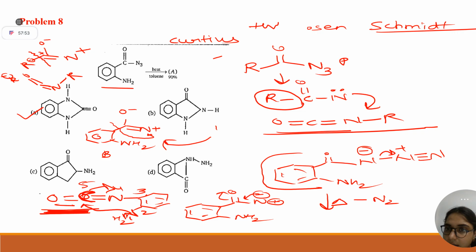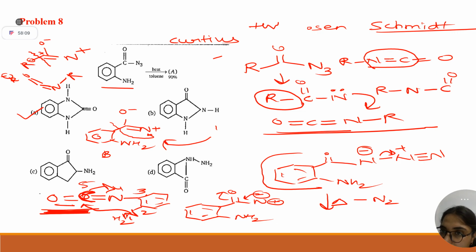Yes, ma'am. Now the examiner can give you different things. If he is giving water, you obviously have water. You have to attack here. If I have to break this double bond, positive charge will come onto carbon and negative charge will come on nitrogen, and it will take a proton from water and become NH, and here you will get OH. Clear? If water is given and heat is also given, you directly form this RNH2.